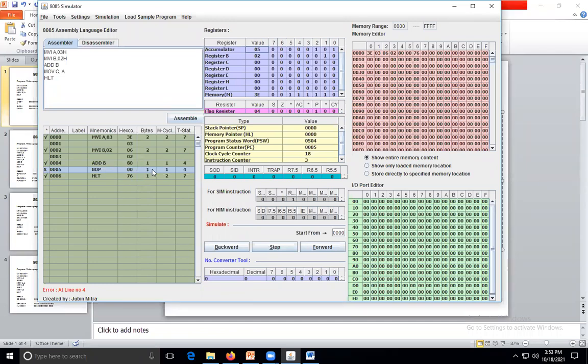Then MOV D, A is there. Forward instruction, and then HLT. So this is the instruction that we have to do, MOV D, A. Stop.